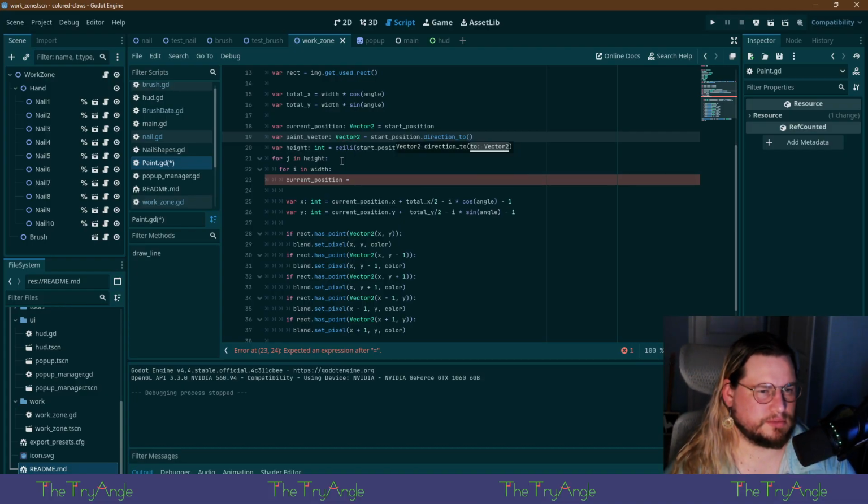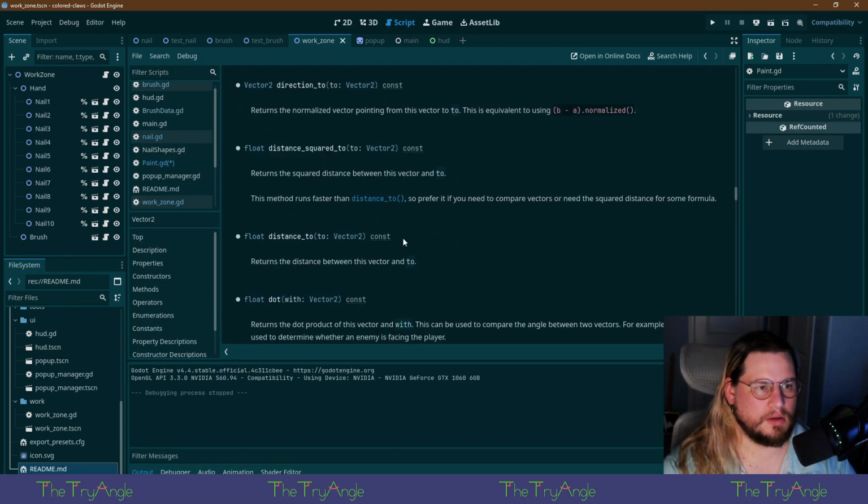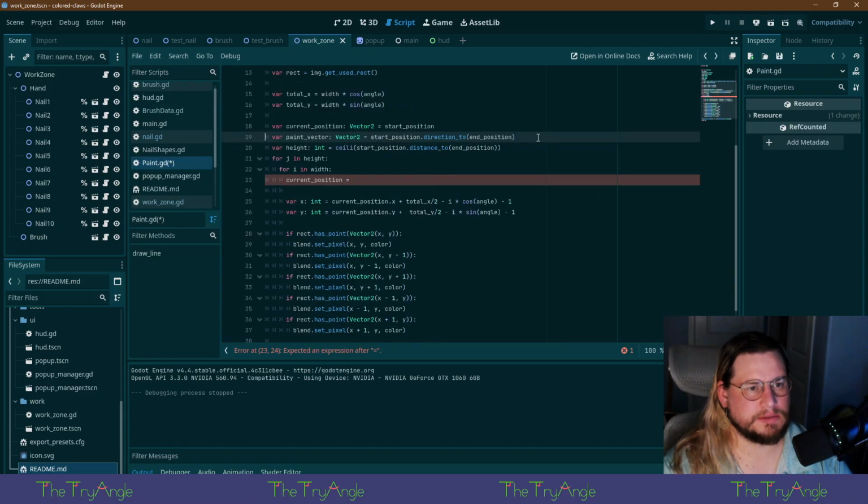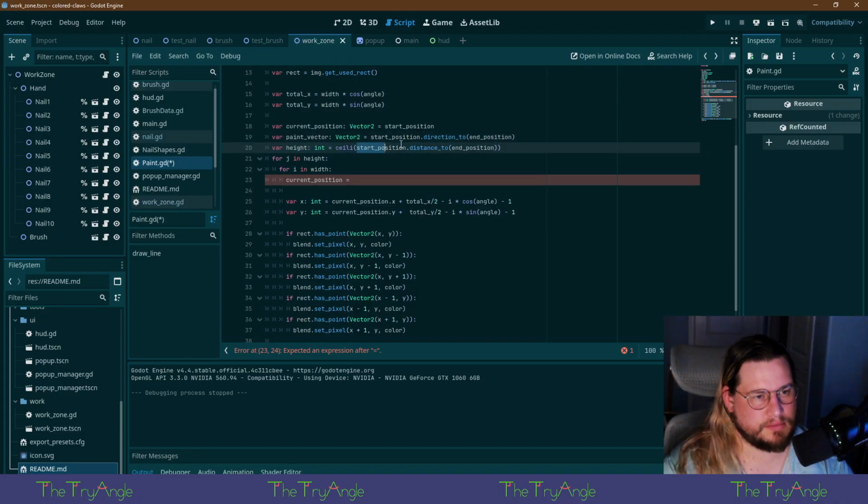Direction to? I think so. Returns a normalized vector. Yeah. And then this would be the length ceiling.